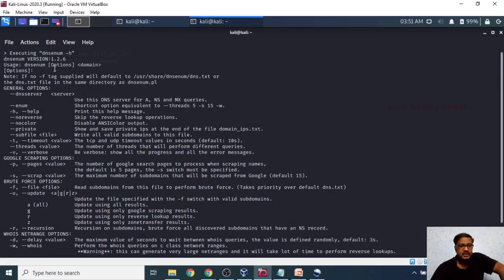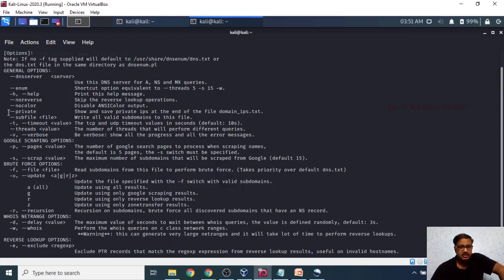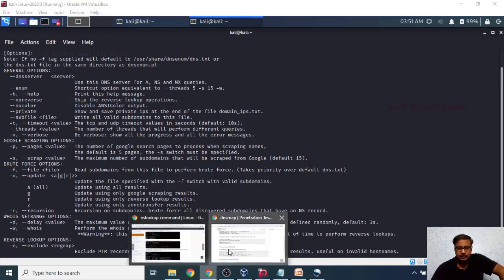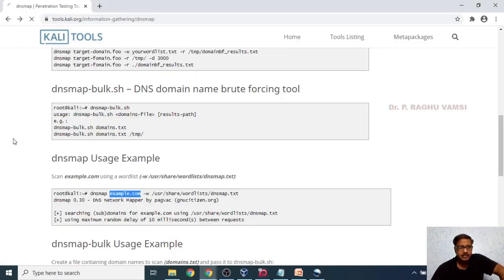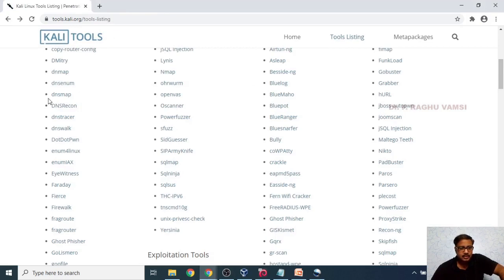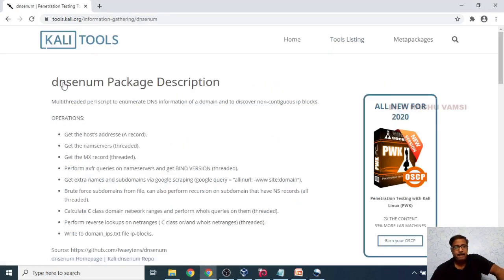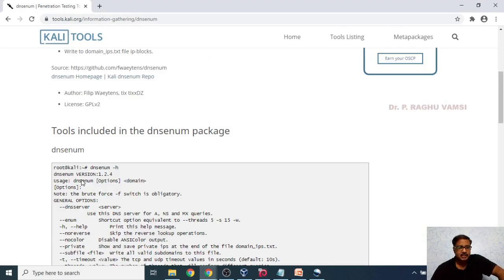Whenever you go for DNSenum, these are the commands that you will find here. DNSenum is a multi-threaded Perl script to enumerate DNS information for the domain and to discover non-contiguous IP blocks. It gets the host information, the name server, the MX record, and other things.